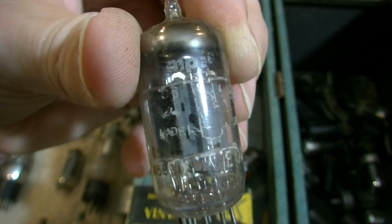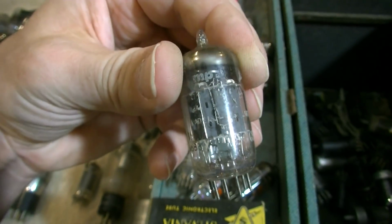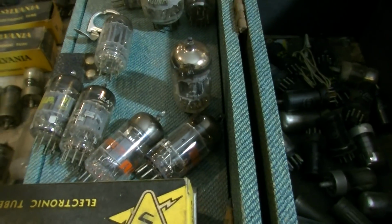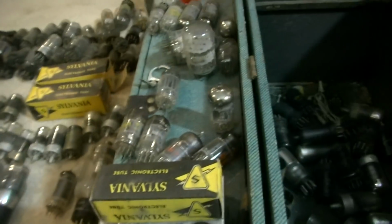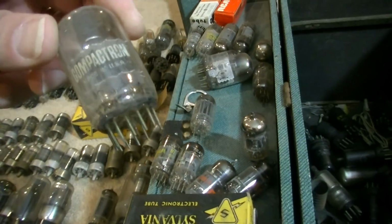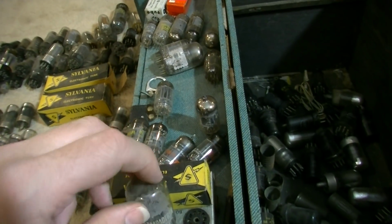Look at this. Amperex Bugle Boy 12AX7. Another one right there. That's a potential gold mine. I mean, that's easily worth twice what I paid for this entire thing, just that one tube. This Compactron right here, these GE Compactrons are very highly sought after